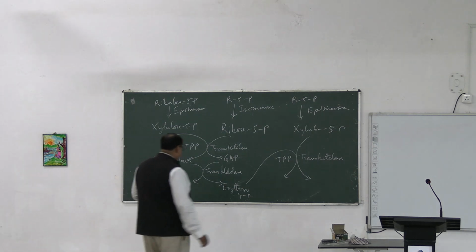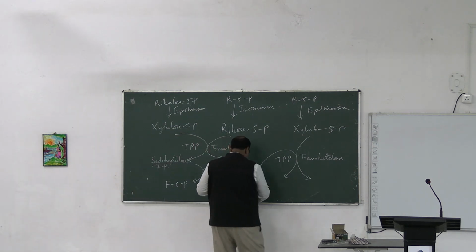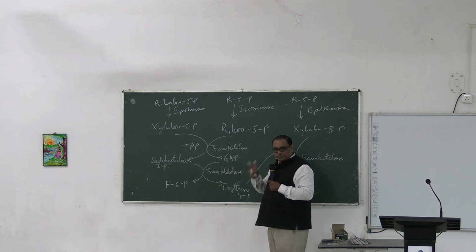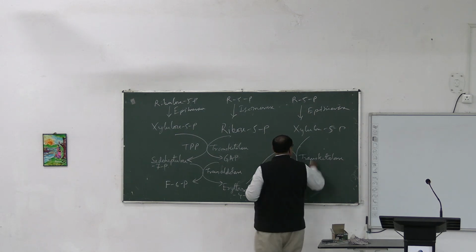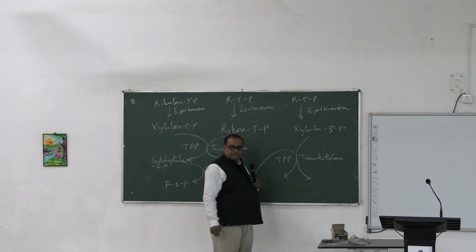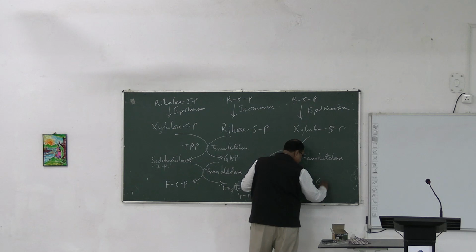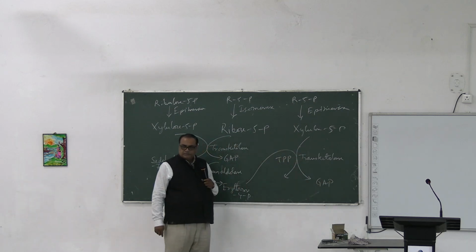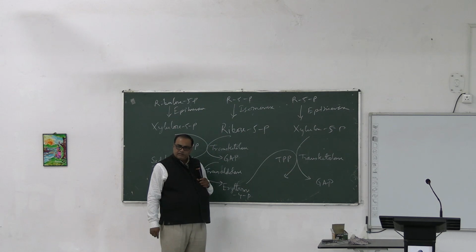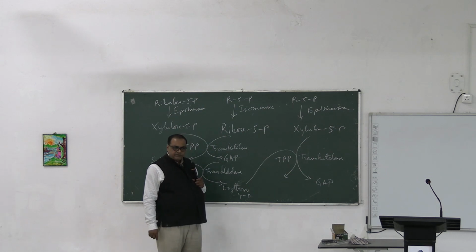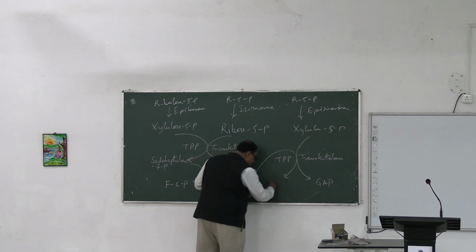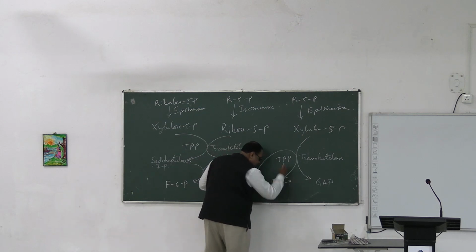The last step is transketolase. It will transfer what? C2, a 2-carbon compound. So can we transfer from these? Yes, this 5-carbon compound. So what will it become? Five minus 2 becomes 3, GAP, glyceraldehyde 3-phosphate. But 4 plus 2 becomes